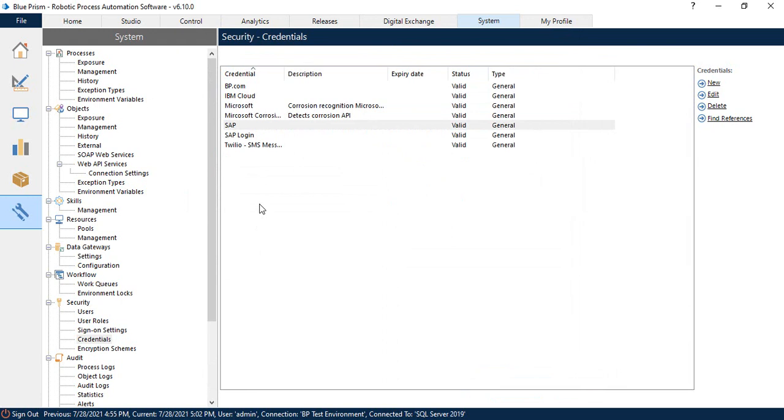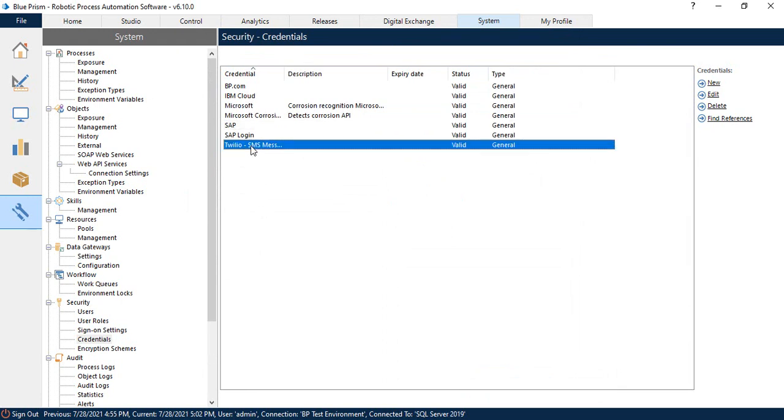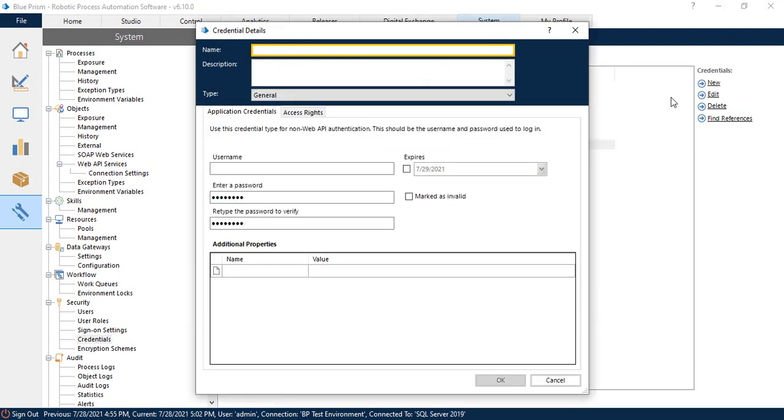So with that being said, you're going to have a Twilio one down here. What you would do first is click New. I already have one in here, but I'm just going to walk you through this a little bit. So we'll call this Twilio